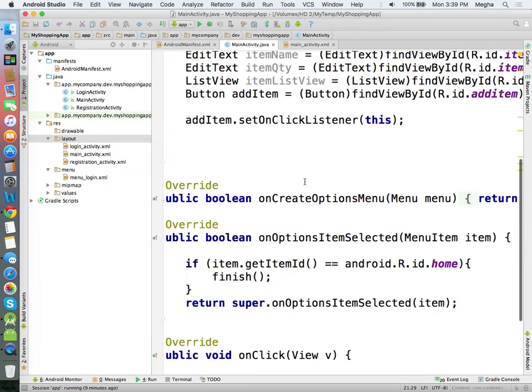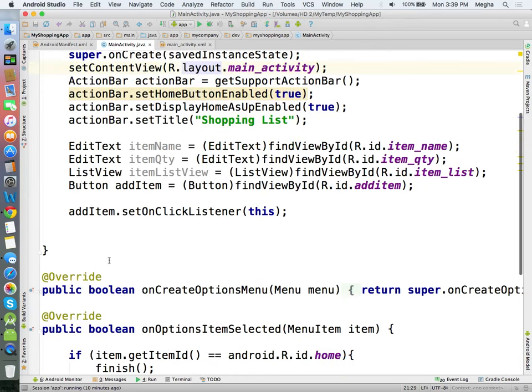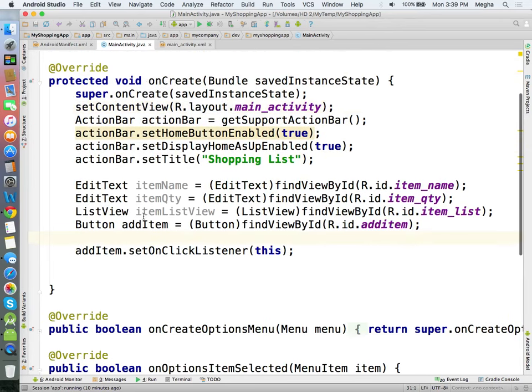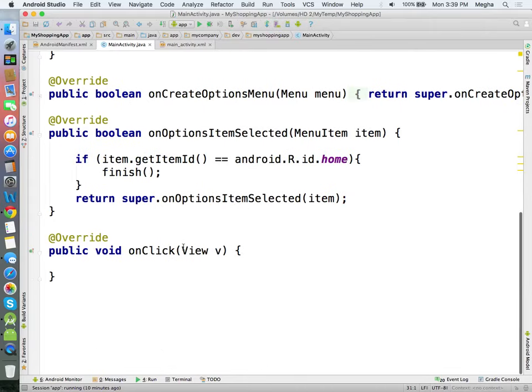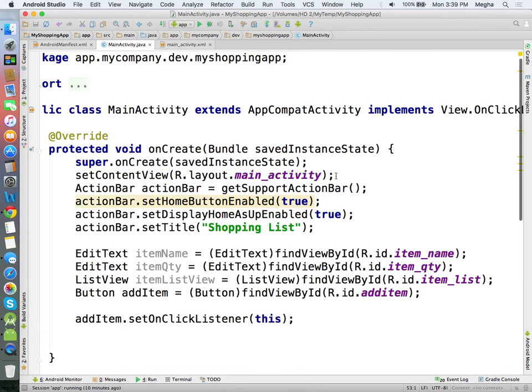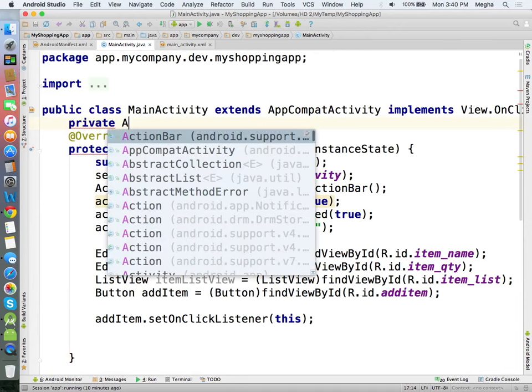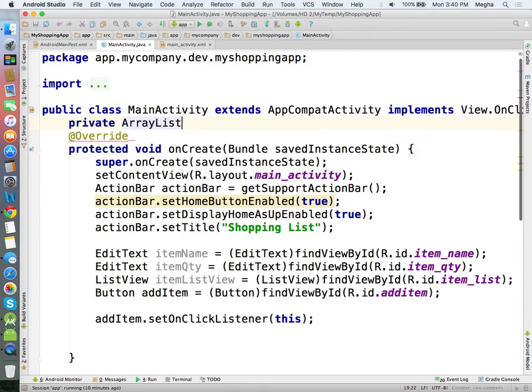Okay, let me create a simple adapter first, a built-in adapter, then we can think about customizing it. Whenever the add button is clicked, let me create an empty array list, an array list of string, items.